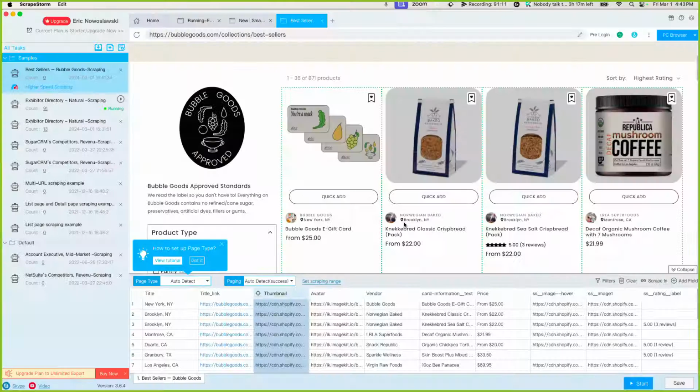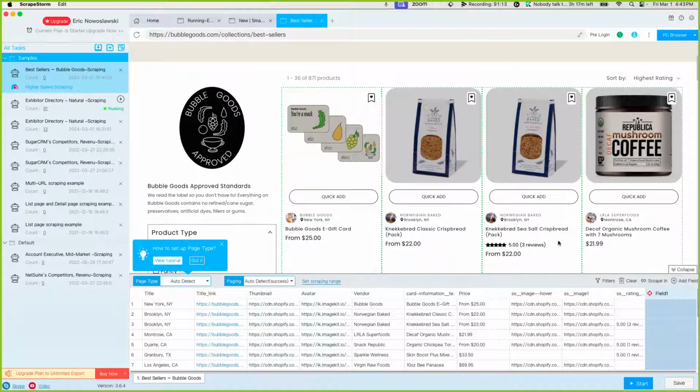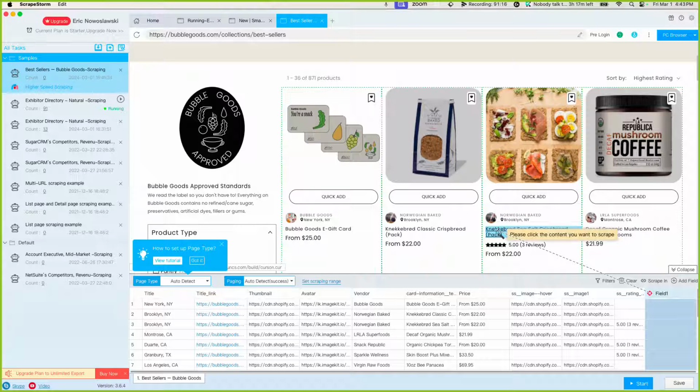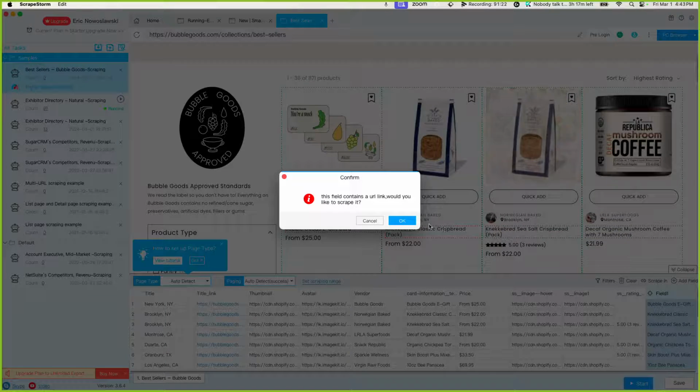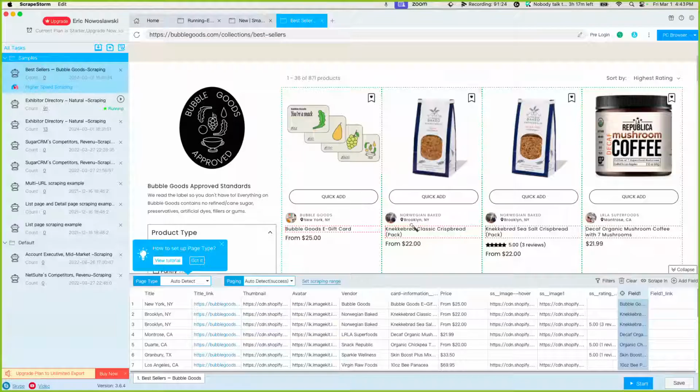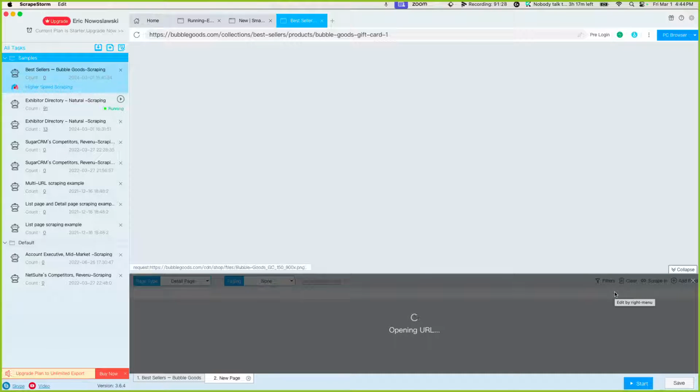Now we're going to go back and we're going to try to add a field. So if you click on this link, this is like the link that's going to bring you to the next page. So we're going to click on that. This field contains a URL link. Would you like to scrape it? Yes. Let's see if we could scrape into that and get us what we need,